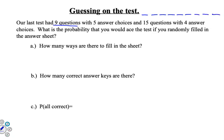And each of those blanks would have 5 choices for A, B, C, D, E, basically. Okay, and then I could do the same with 15 questions, and it would have 4 blanks. But I don't want to write out this huge math problem. So kind of think of your algebra skills. If I have all these 5s multiplied together,